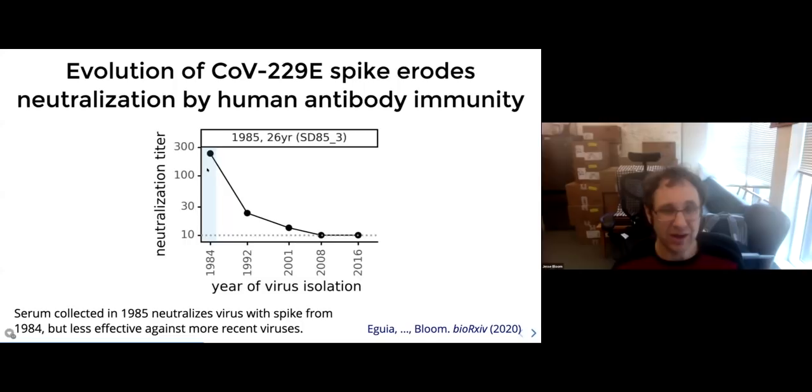The portion of the plotted time frame during which this individual is alive prior to the serum collection is in blue. The y-axis here is how well that serum neutralizes the virus, so a higher number means it neutralizes the virus better. You can see that the serum neutralizes the contemporaneous virus quite well, but as we look to future viruses, the neutralization titer goes down. Again, this is all the same human serum sample. So this suggests that as this virus is changing through time, those mutations are eroding the ability of this person's serum to neutralize the virus.